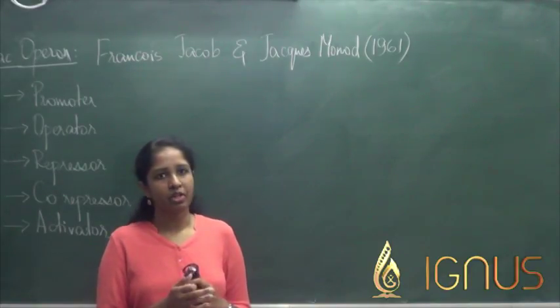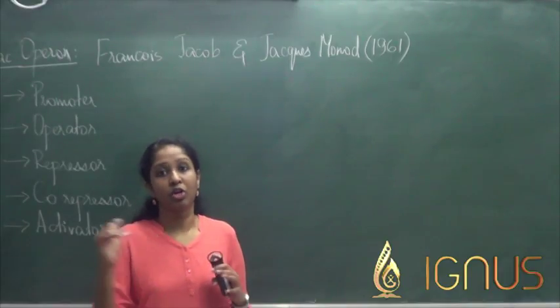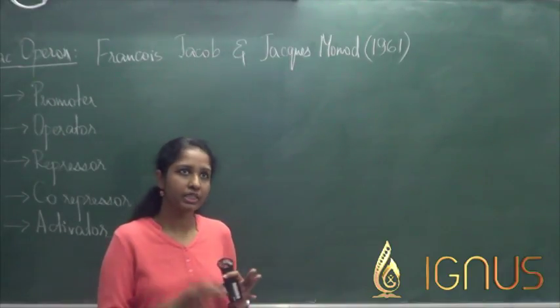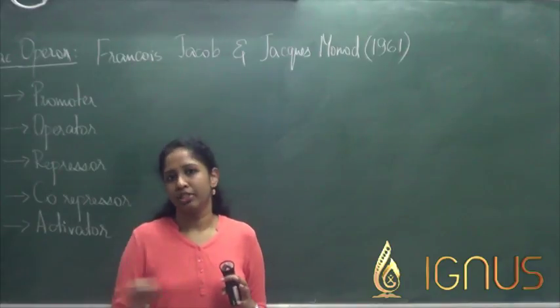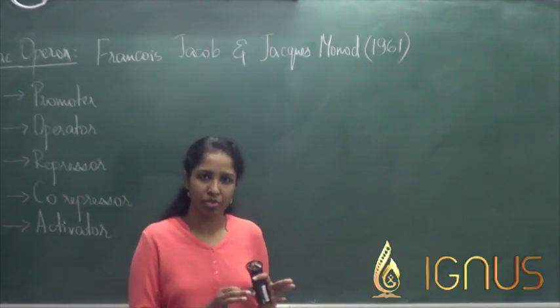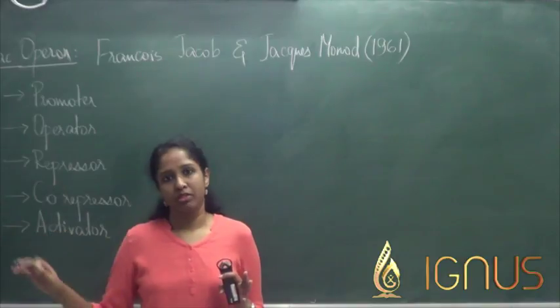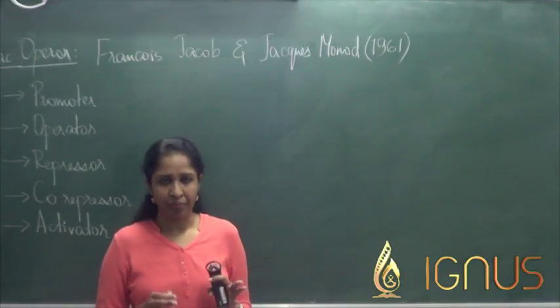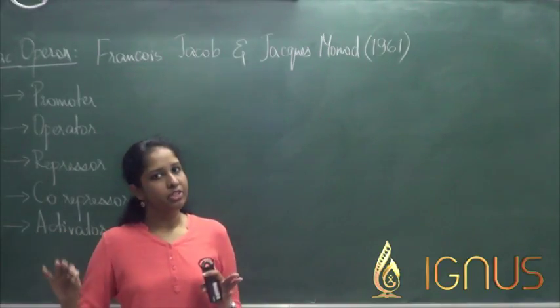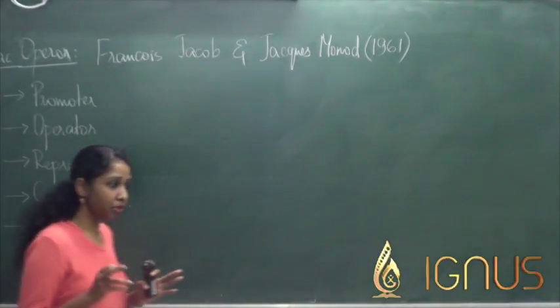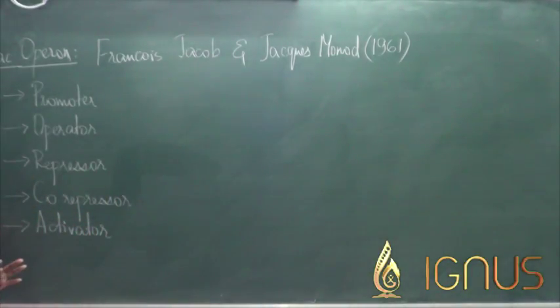Now, the operon can give rise to a polycistronic mRNA. So like I was saying, it can be one single gene which is controlled by one promoter, or it can be multiple genes which are controlled by one promoter. Okay? So if it is multiple genes which are controlled by one single promoter, then you are going to have